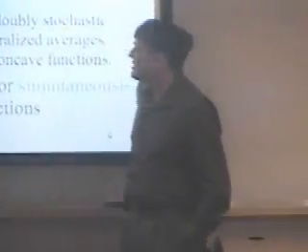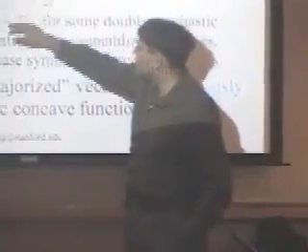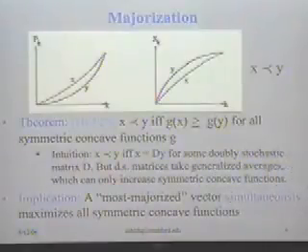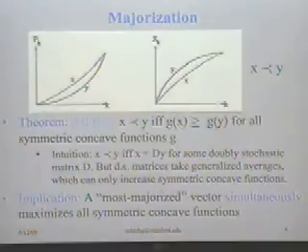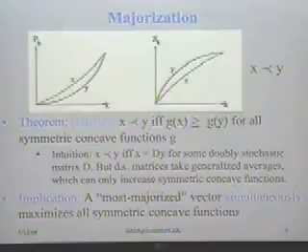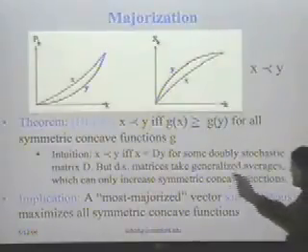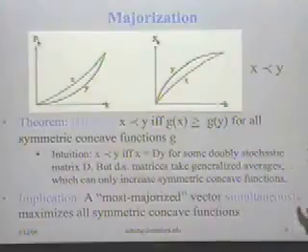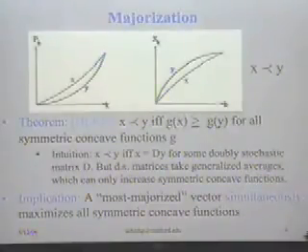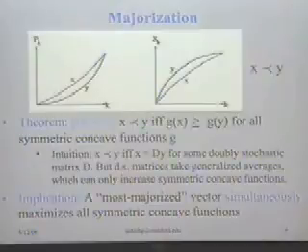So the intuition for the theorem, or the summary of the theorem, is that x is majorized by y if and only if x is equal to Dy for some doubly stochastic matrix D. You can go through the definition of majorization, and that's essentially what it's saying. They have to match up at the end, so the sum has to be the same, which gives you the doubly stochastic. Doubly stochastic matrices essentially take generalized averages. And if you take a generalized average, an average can only increase a concave function, so it can only increase symmetric concave functions. This is a summary of the proof.